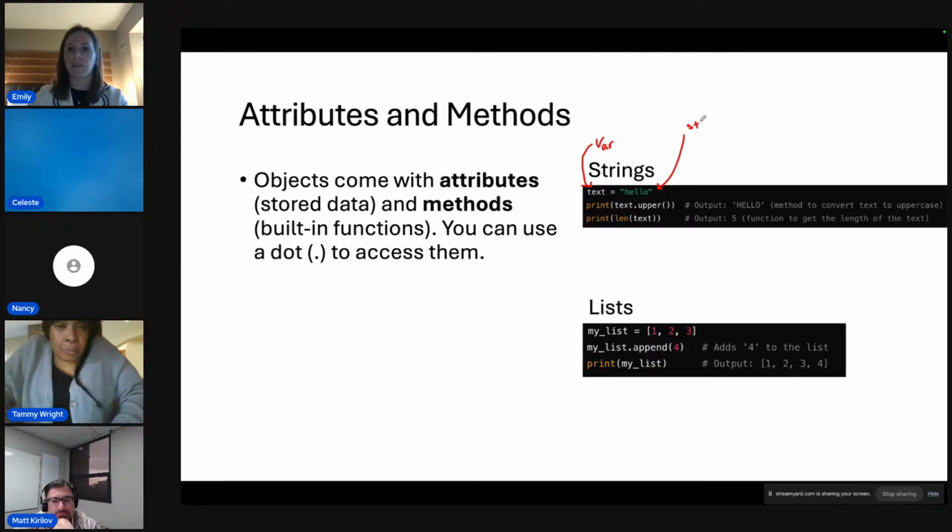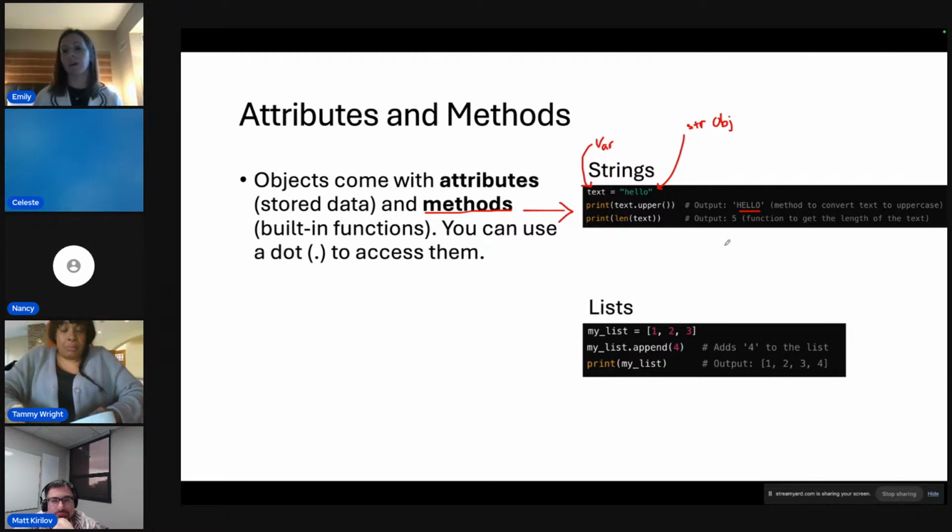Now, anytime we refer to text, it's the same thing as saying hello.upper. So the output of this is going to be HELLO, where it uppercases each of the letters. This is a method that we can call on strings. So it's a string method,